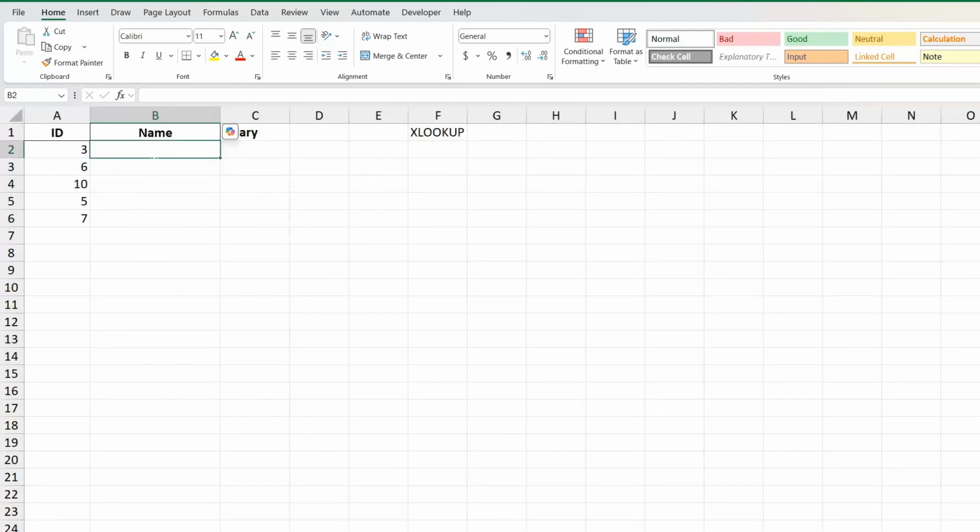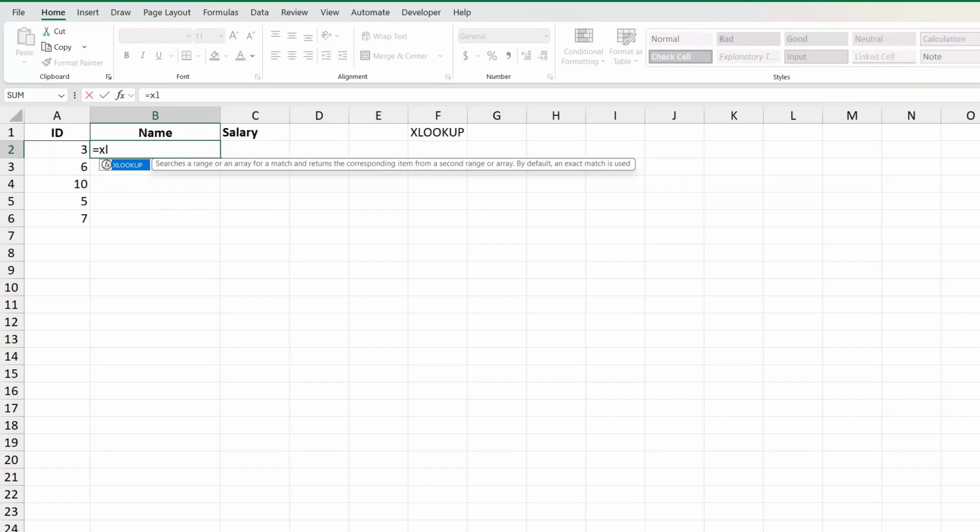In this sheet, I want to extract the name and the salary for each ID number. I will start in cell B2 by typing equal XLOOKUP, pressing tab. Now we have the arguments for our XLOOKUP function. First argument, it's the lookup value. So I want to look for the ID number,